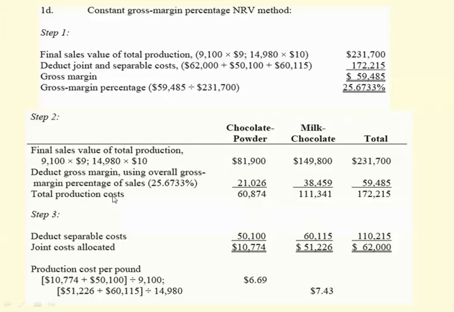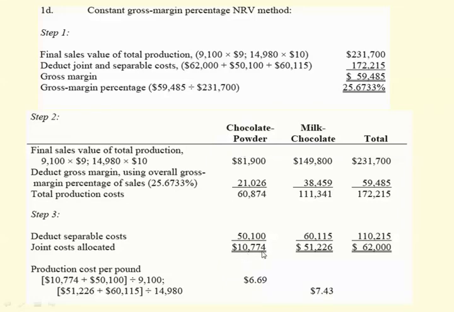Total production cost consists of two types of cost, separable cost and joint cost, and separable cost is given by 50,100. So total production cost 60,874 minus separable cost 50,100 will result in joint costs allocated to chocolate powder product with the amount of